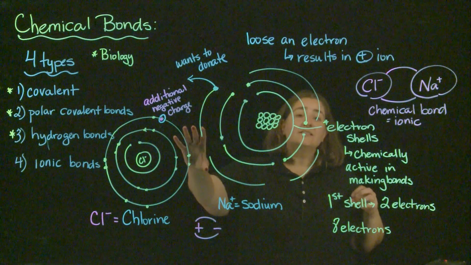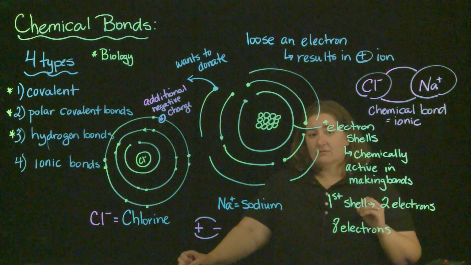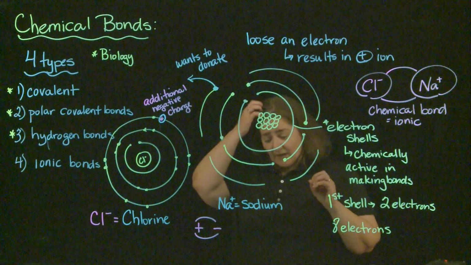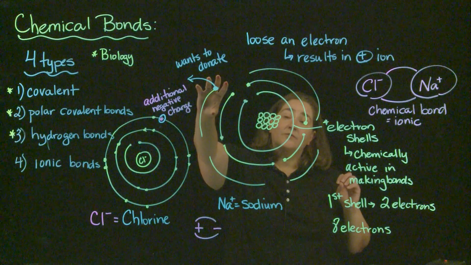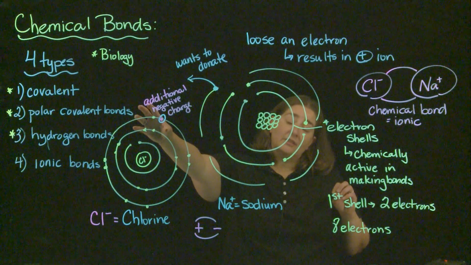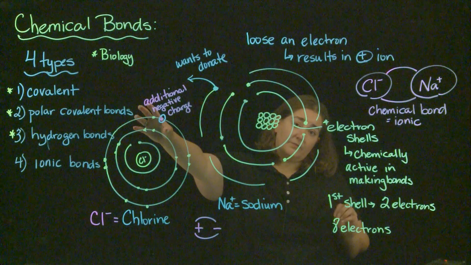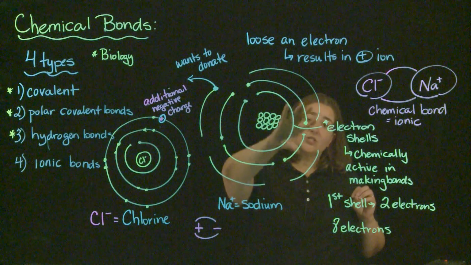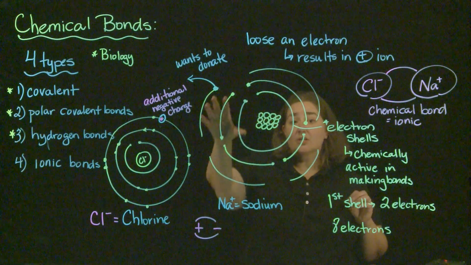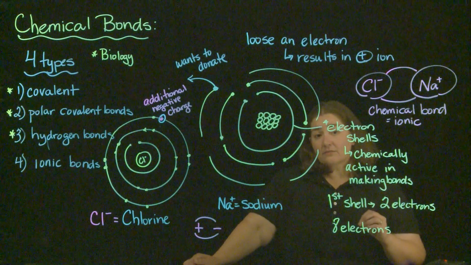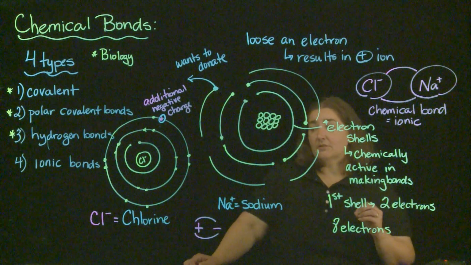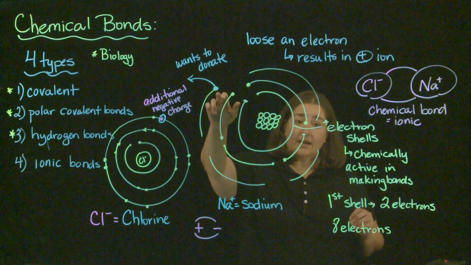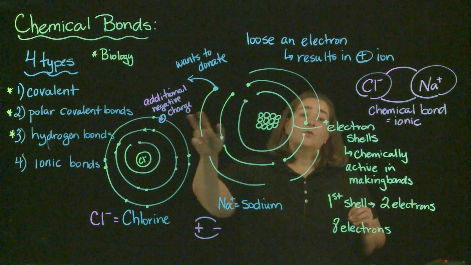All right? Now this is not the strongest bond out there. It can be broken, okay, but the ionic bond is going to involve the complete donation of an electron to the other atom, to the other element, okay? So in terms of that, our electron shells are going to be important because our electron shells are going to dictate how reactive a particular element is, okay? Typically, when you have single openings or single electrons in outer shells, those are going to be your most reactive